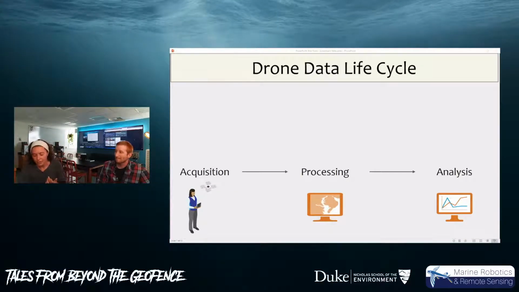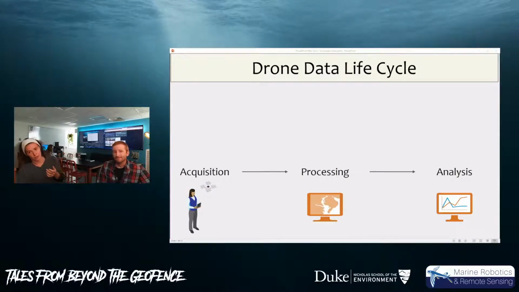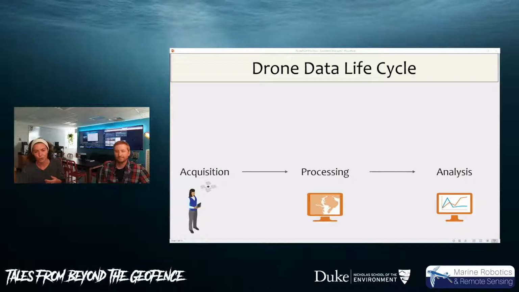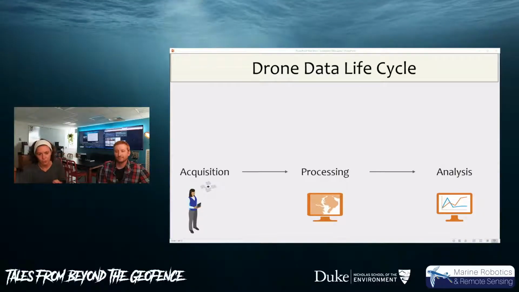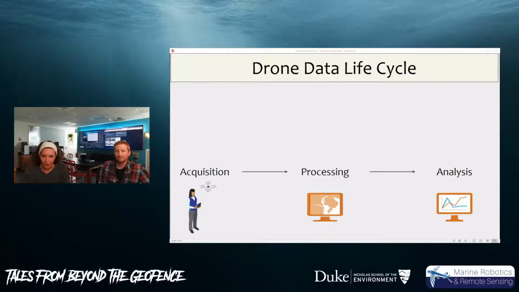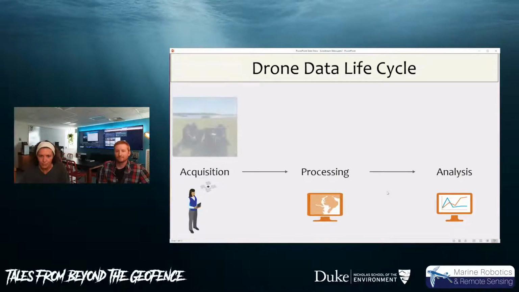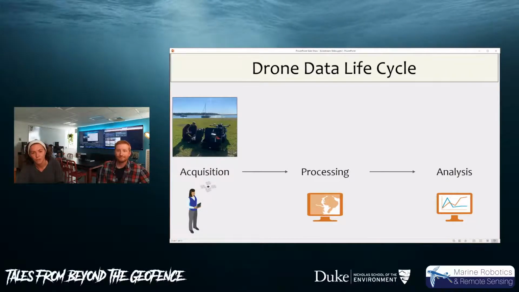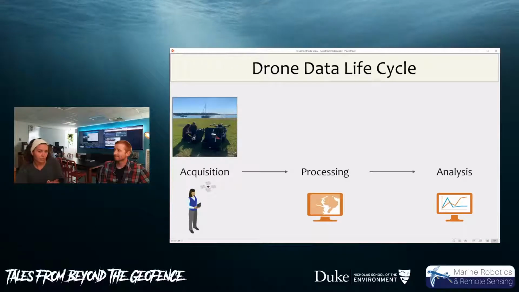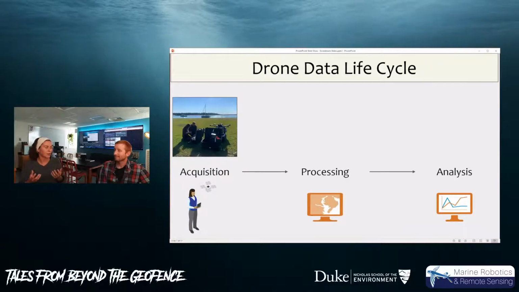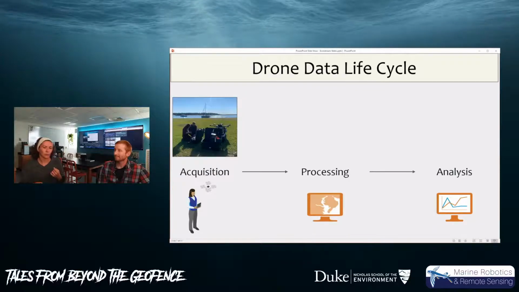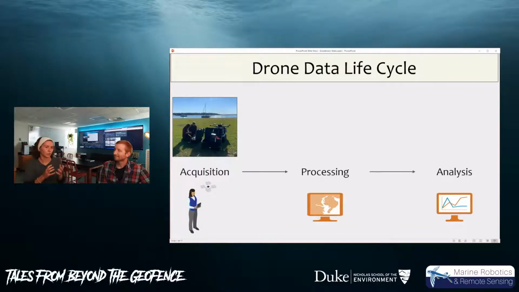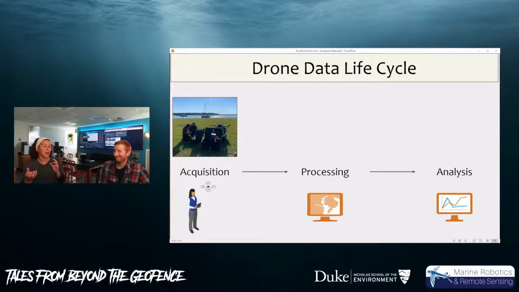So to give you guys a sense of what the drone data lifecycle looks like, right? So this journey that data takes specifically when it's coming from a drone, we'll start with the acquisition phase, which is the pilot on the left there, and we'll bring up these images here to illustrate more what's involved in each of these stages. And so at the acquisition phase, that's when you're out in the field. And as a pilot, you are responsible not only for operating the aircraft and taking flight factors into consideration, but you're also a photographer.